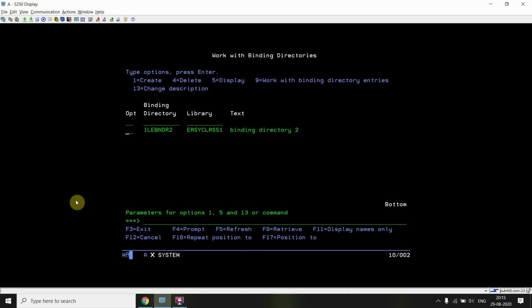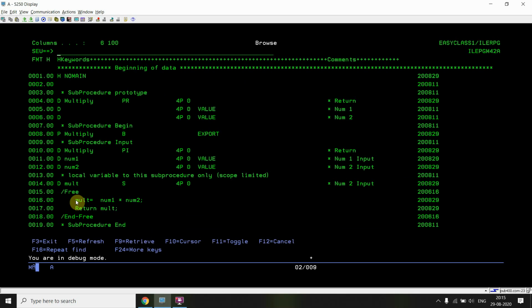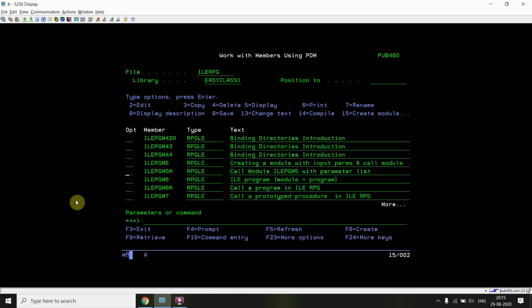Just take F12. So you have added that next module ILE PGM42A, having the multiply sub procedure, in another binding directory ILE BNDR2.